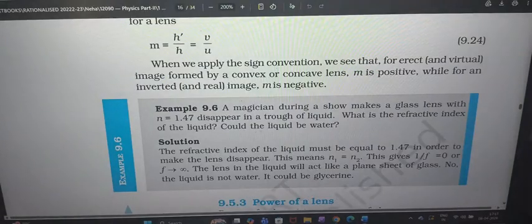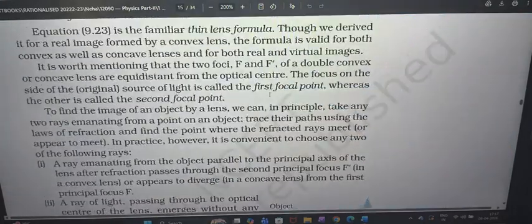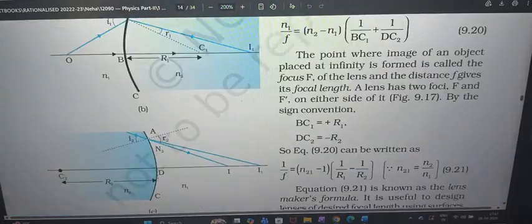So that is what we are saying. The refractive index of the liquid also should be 1.47. It should be equal, then only n1 will be equal to n2. Then only that lens will disappear. The bending of the light ray is not happening, the image is not forming, so we are not able to see it. And 1 by f is 0, f is towards infinity. They are telling this using the formula that we have derived right now.